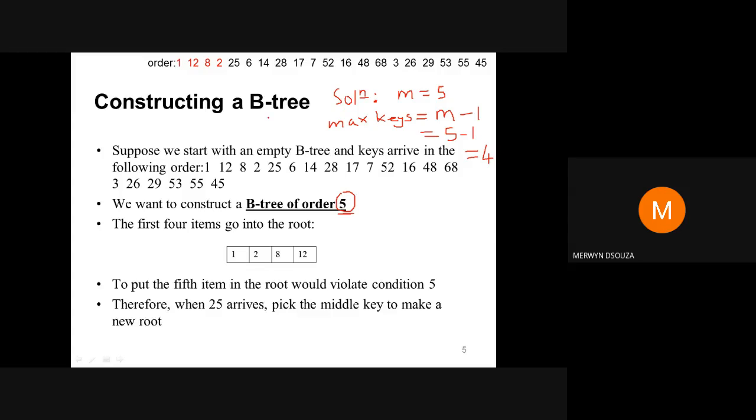So when you start solving, especially when you start constructing a B tree, you need to know the maximum number of keys that a node can hold, and you determine that from the order. This is one of the properties of a B tree. The maximum number of keys is equal to m minus 1. So you will get 5 minus 1 equal to 4. Then you can write